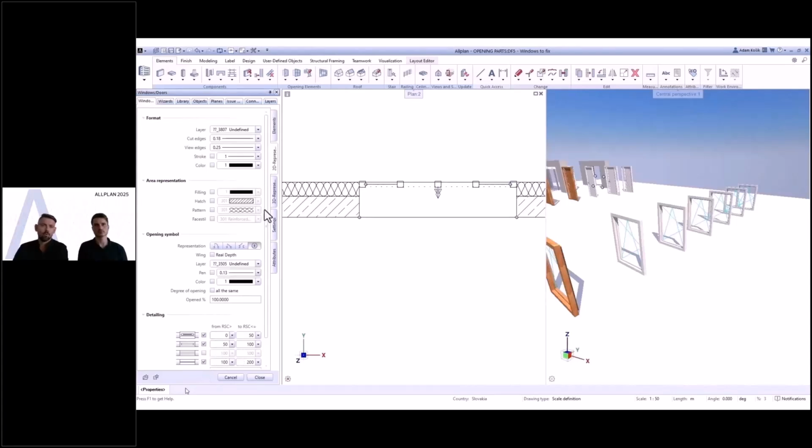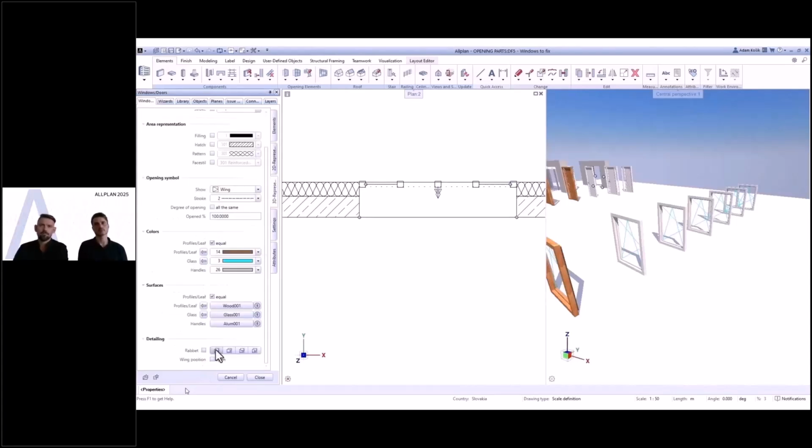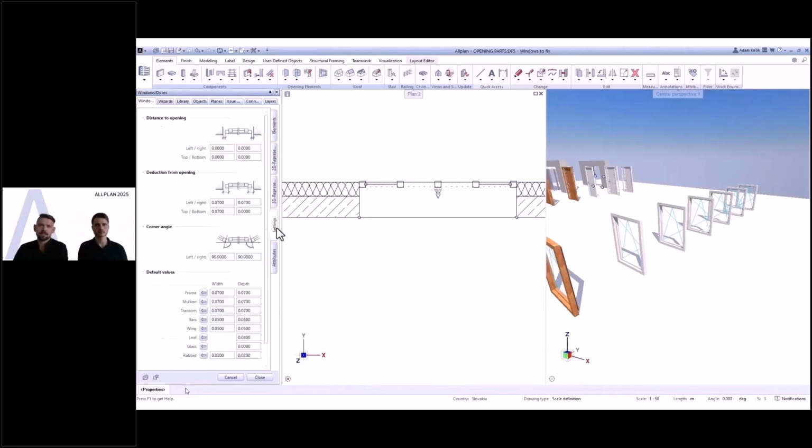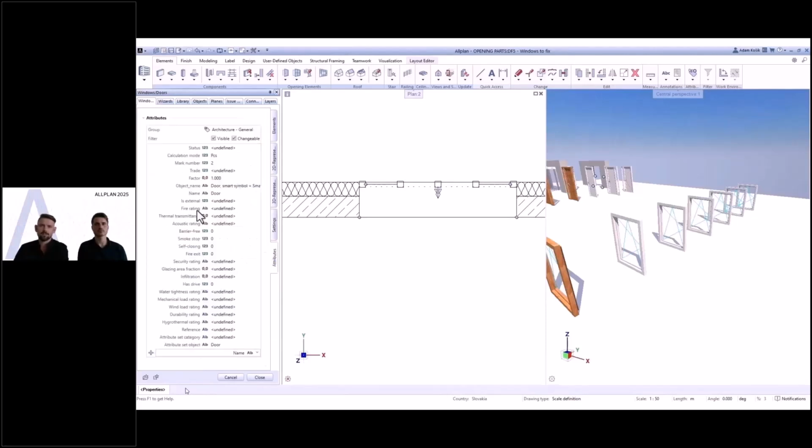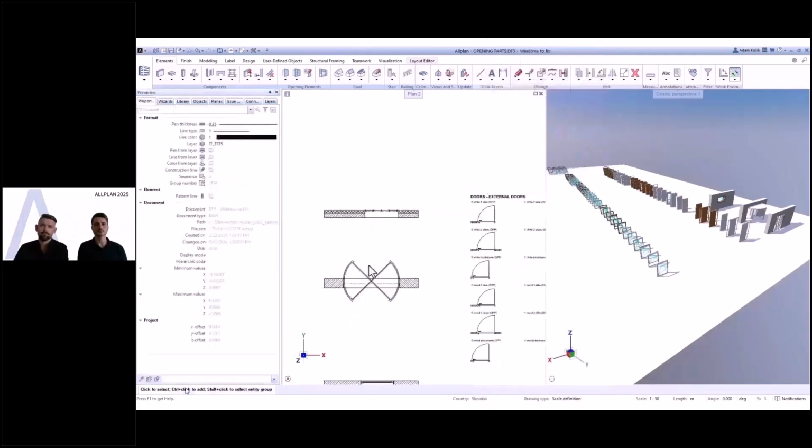Individual tabs of the door window modeler are even more streamlined with some additional options, like rabbet settings that can now be shown directly in the 3D. In the Setting tab, you can now see small thumbnails of individual settings, which makes it clearer.